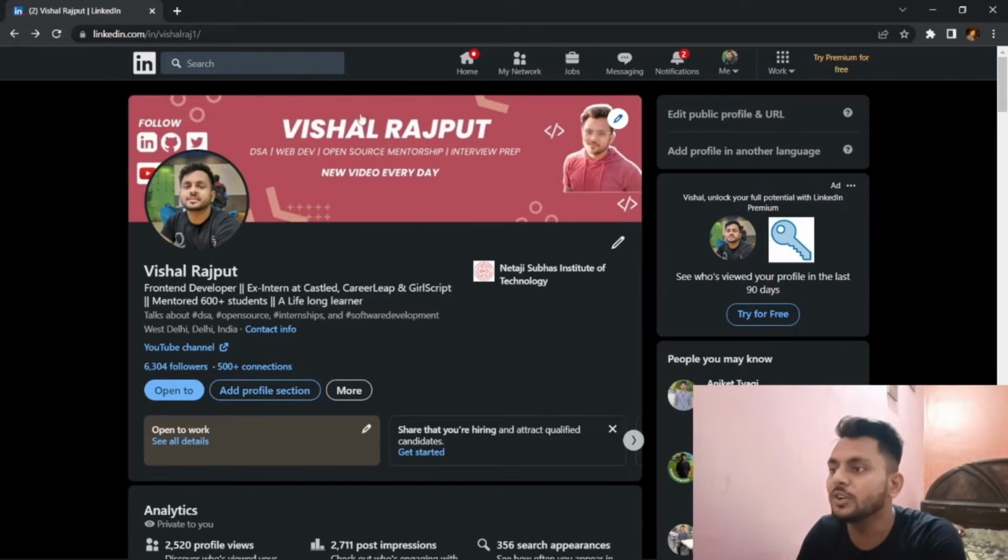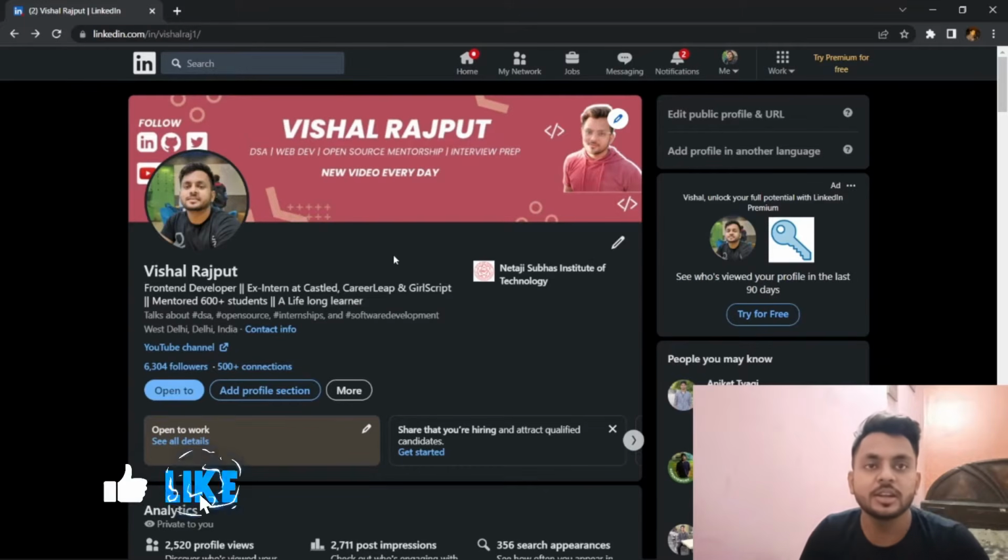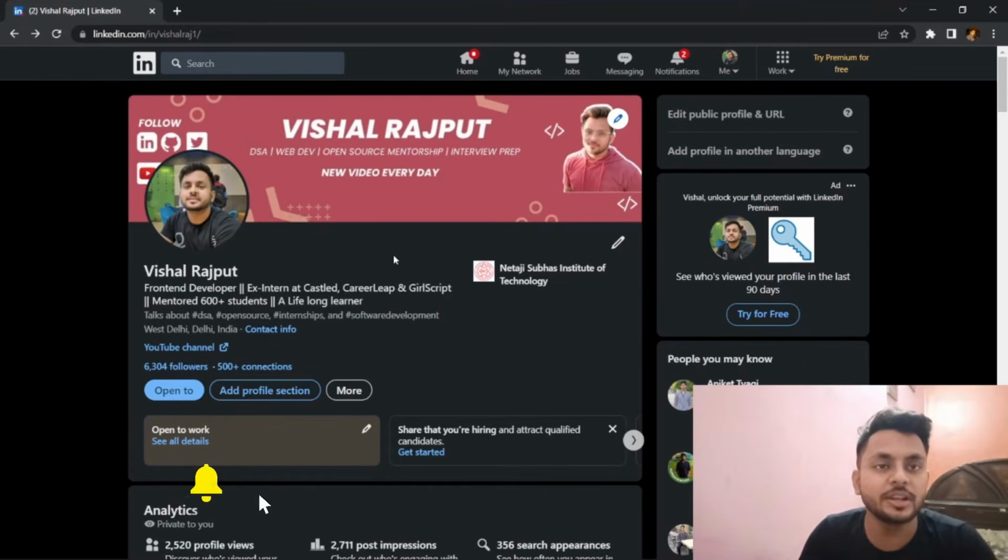In the banner, you can write anything. Like if you are learning something, if you are into graphic designing, you can write I am learning graphic designing. If you want to create content regarding finance, you can write into finance. If you are learning web development, you can write learning web development, learning video editing. Whatever you are learning, whatever your interest is, you can write in the banner to showcase it.